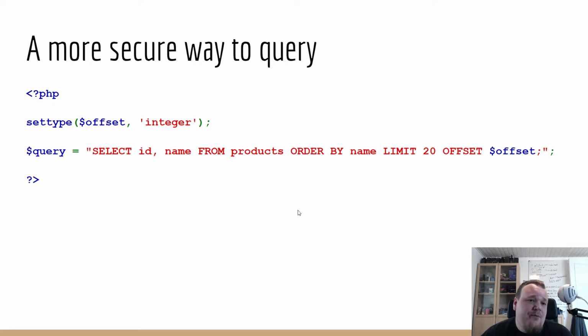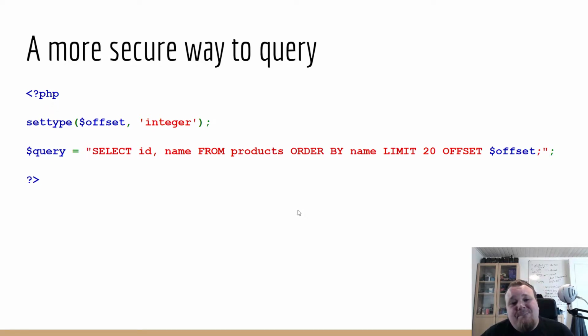So if you're setting the type in PHP and the offset variable to an integer, it is somewhat safe enough to put it in, but I would still say that you need to do some extra sanitation to it, and I would not suggest regular expression, because regular expression can lead to a denial of service, because it is basically a small language and you can make it intercept a lot of characters and kind of go in loops, and it's a more advanced topic.